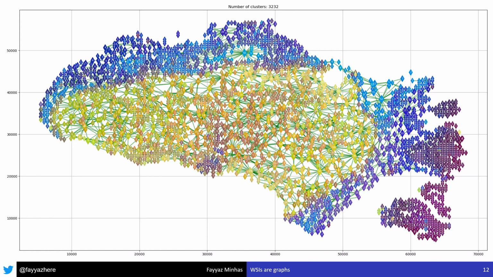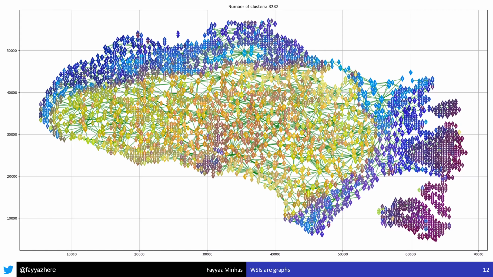Now, the false colors of each node in this graph representation of the whole slide image are based on the local tissue structure at that particular location within the image. And the interconnectivity between different nodes is based upon the spatial arrangement of different parts of the tissue that we have captured in the whole slide image. The good thing about this is this can be multi-resolutional. Once we have a big enough set of descriptors, we can model different types of details for a given whole slide image, and this makes it very attractive